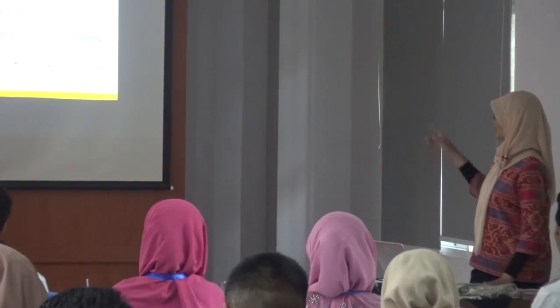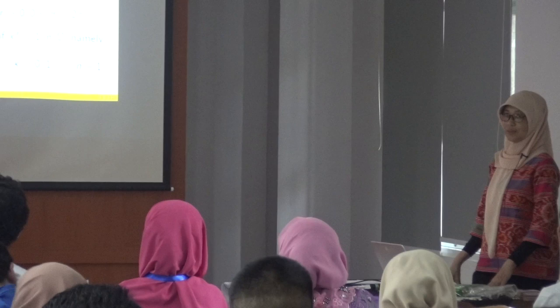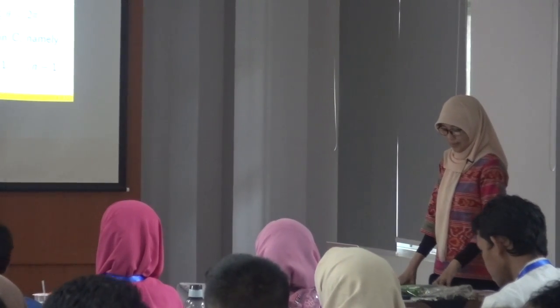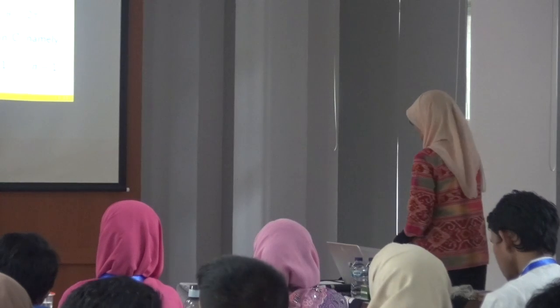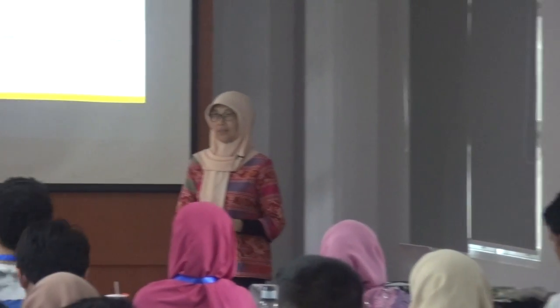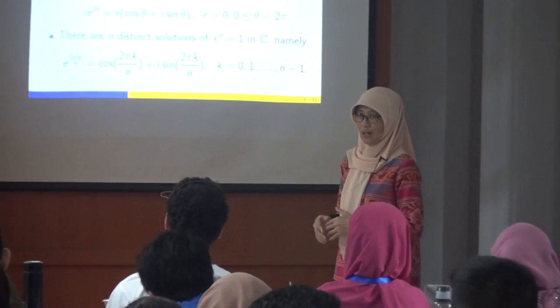In this special polynomial, you can see we have the polynomial x^n minus 1 over Q. We can use the complex numbers here to get all the roots of this polynomial. So how can we use it?